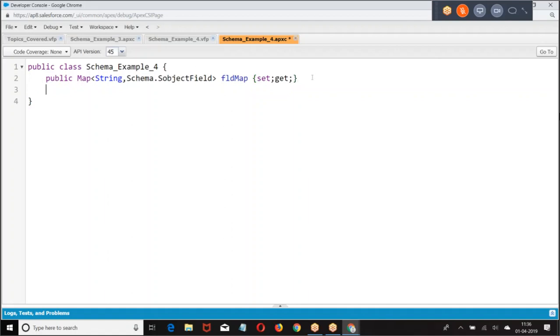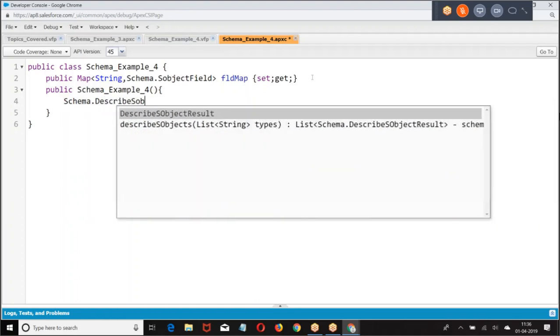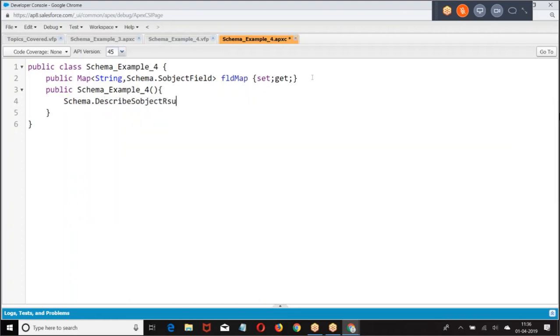Then, first, which object do you want to take? Now, the point here is, which object fields do you want to take? I want to take Schema dot describe this object.